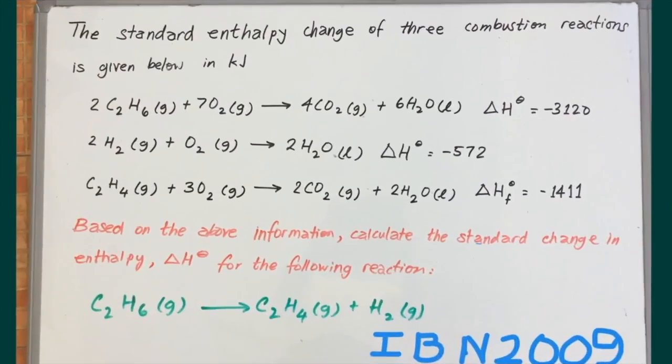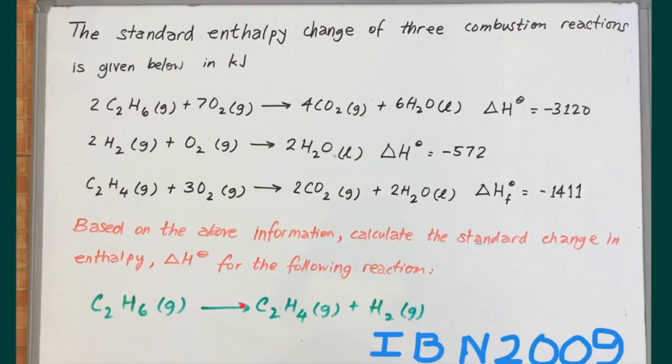And while it is easy to understand Hess's law, solving the problems related to Hess's law in the IB chemistry exam can be just a bit more complicated. And it's important to follow a systematic procedure in solving these problems. Let's consider this question from the November 2009 exam, where we use this information to solve for the enthalpy change